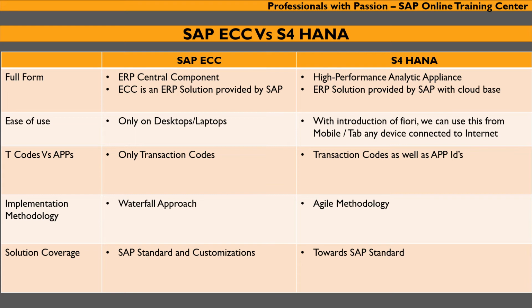For example, earlier in ECC, for creating the material code, there is a field length limit, something like 20 digits. That is the maximum limit we have for creating a material master code. But nowadays, S4 HANA provides the solution where we can expand the field code to a 40-digit code. This is one example. So the objective of S4 HANA is to reduce the customizations and provide solutions in standard SAP, so that maximum things will be integrated with all other modules.